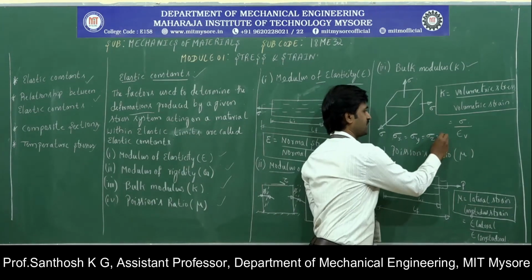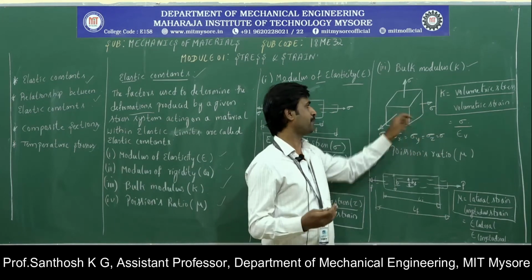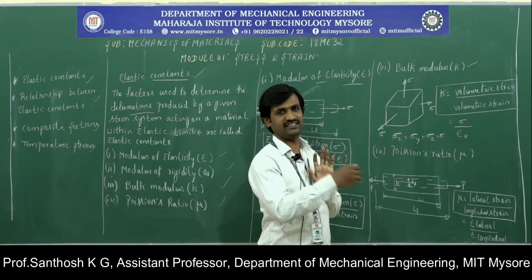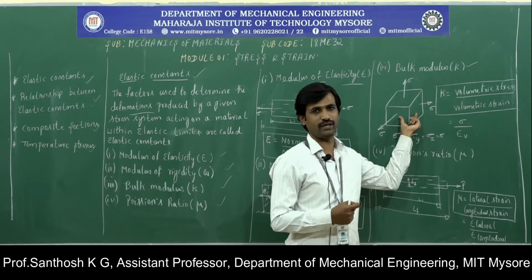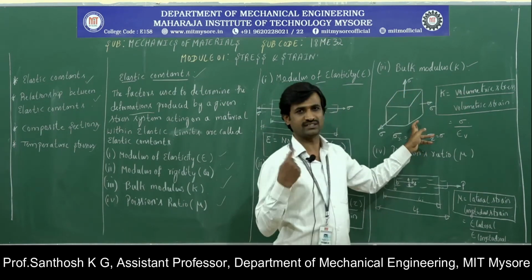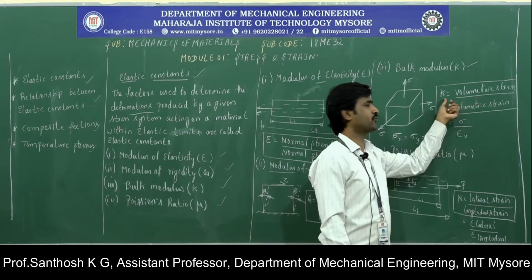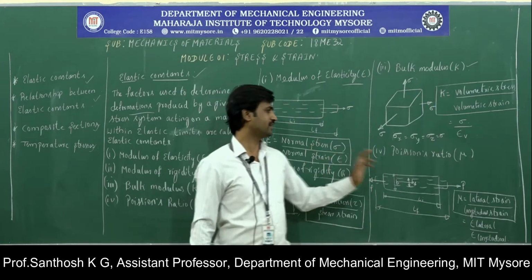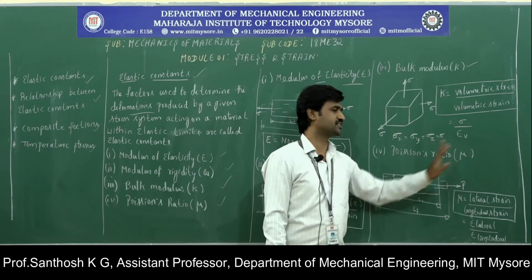That is, the stress applied along x, y and z are of same magnitude. When you apply the stresses of same magnitude on the 3 sides, it results in the change in dimension in all the 3 directions, which results in the change in volume of a given member. So the ratio of this volumetric stress to the strain which is induced due to the change in volume, that is the volumetric strain, we are going to call a bulk modulus, and it is denoted by the term K.